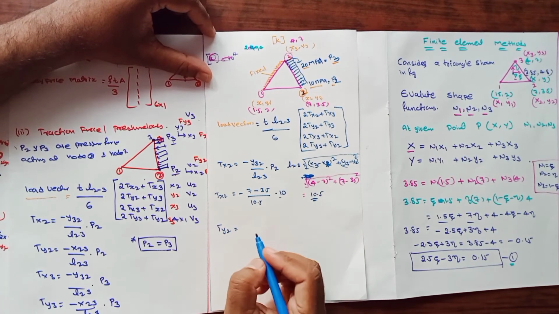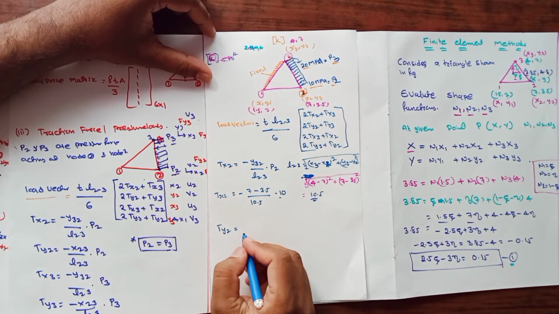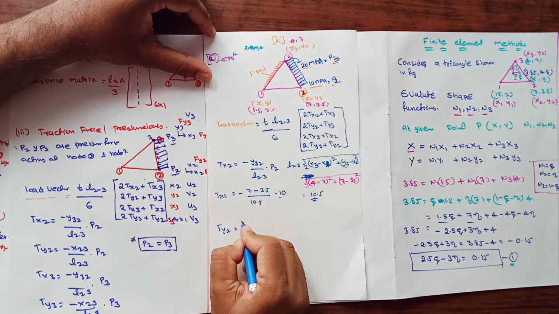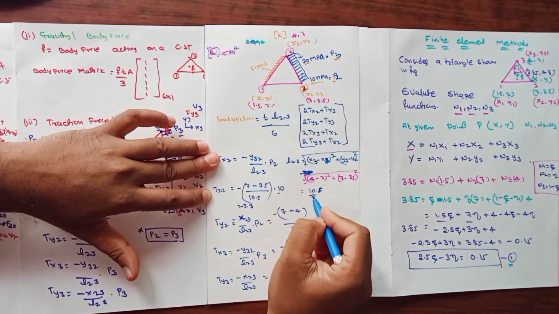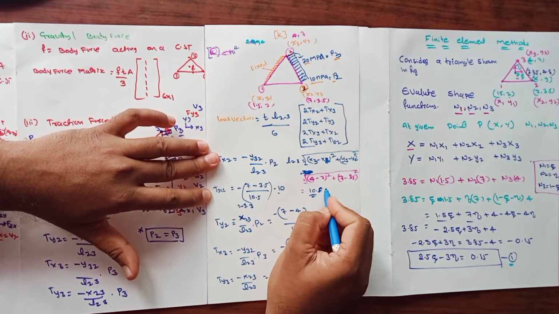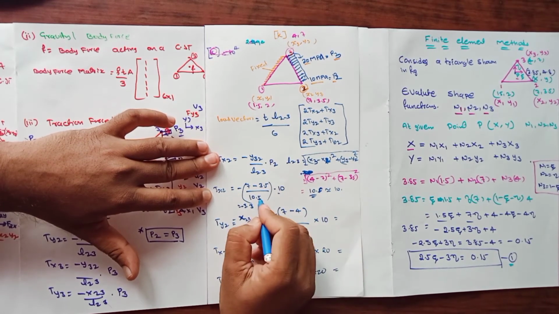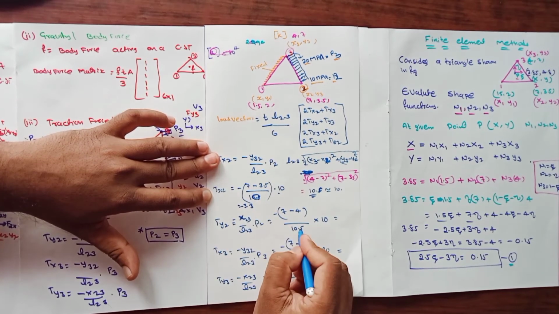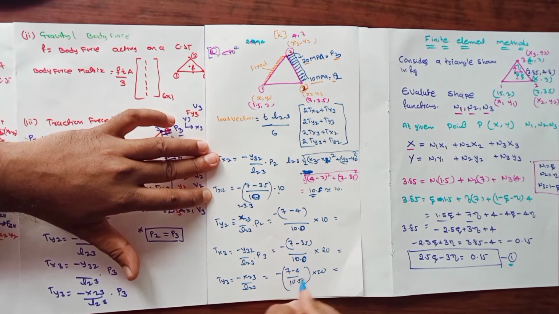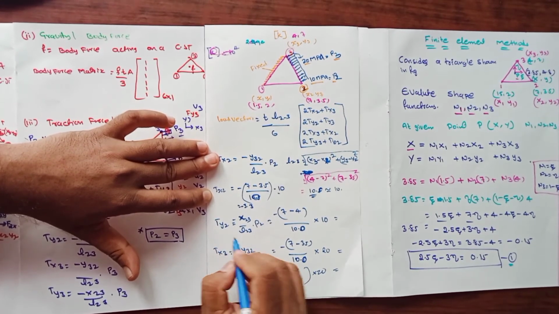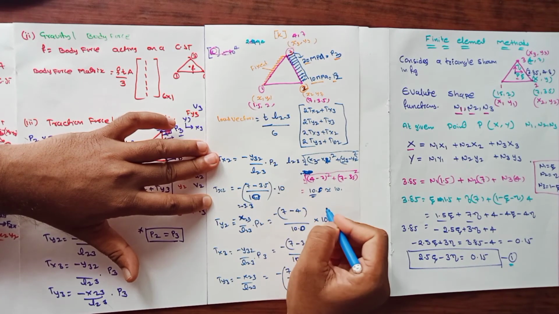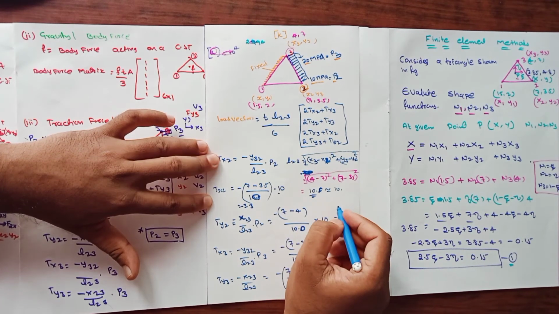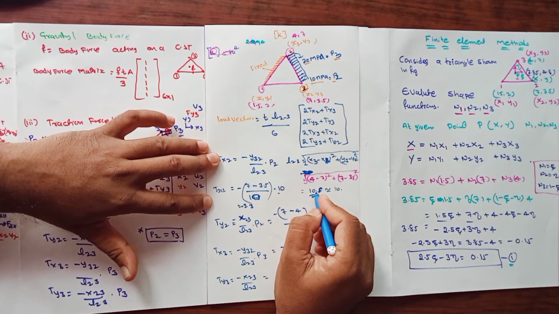Ty2 can be written as x23 over the length L23, which we have calculated as 10.5. For convenience, let us take 10 as the denominator, so that the calculation is easy. I have assumed 10.5 as 10 for ease, but in the actual case, you should please use 10.5 alone.